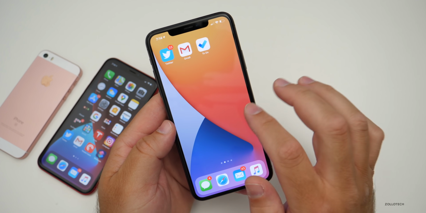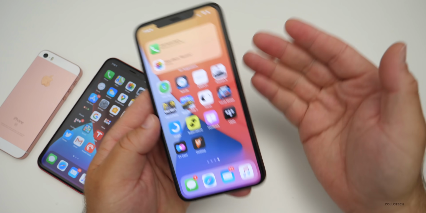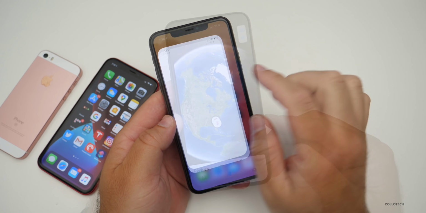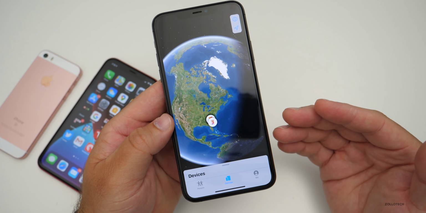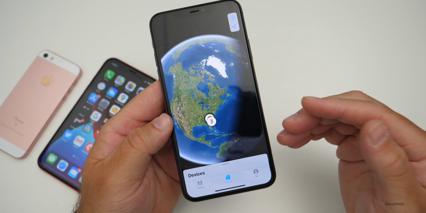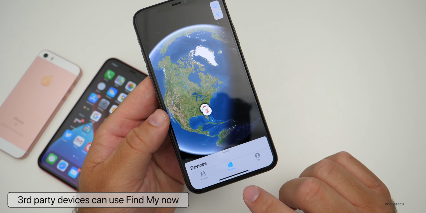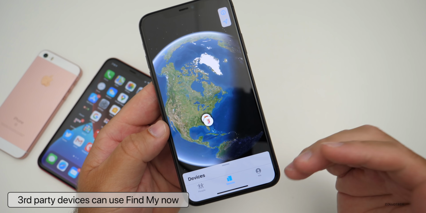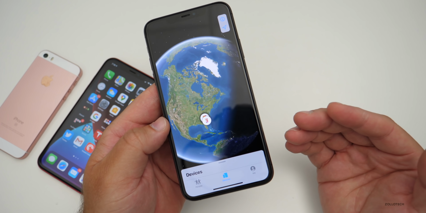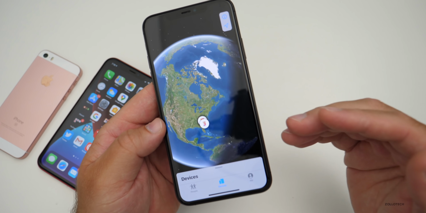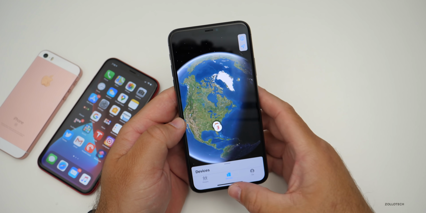Now, Find My has been updated a little bit. The Find My app helps you find your devices and things like that. So if we go into Find My, now Find My has always been great to locate your devices and friends and family, but now they're opening it up so that third-party products and accessories can use a new Find My network accessory program. So maybe Tile, for example. We didn't hear about AirTags, so maybe they'll allow Tile to put their accessory in here. It'll be secure and help you locate it. So that should be added as well, and I look forward to that.